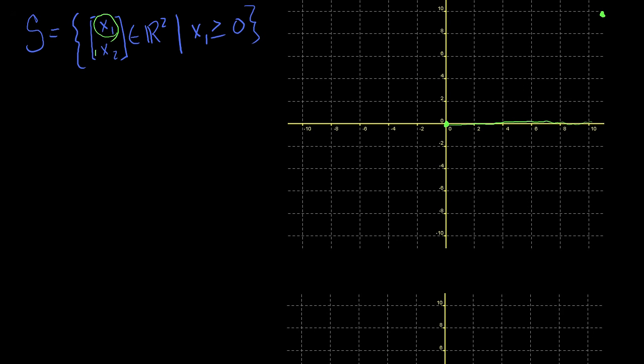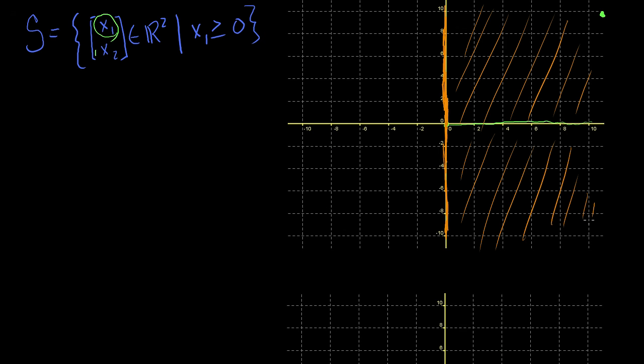this subset of R2, R2 is my entire Cartesian plane. But this subset of R2 will include the vertical axis, often referred to as the y-axis. It'll include the vertical axis, and essentially the first and fourth quadrants. If you remember your quadrant labeling, that's the first quadrant, and that's the fourth quadrant. So my question to you is, is S a subspace